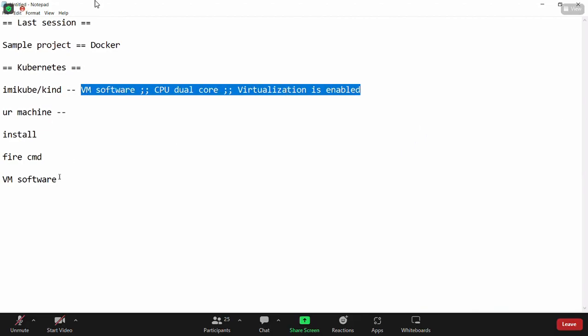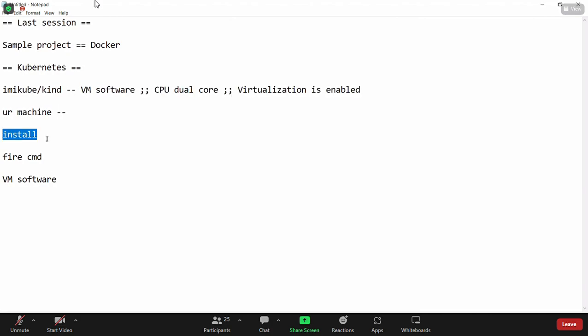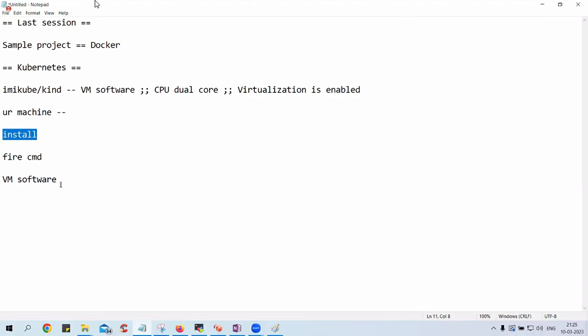If all are in place, once we install Kind or Minikube and fire a command after the installation, it will look for whatever VM software is installed on your computer. Let's say I'm using Oracle VM box, just an example. Upon that, it is going to set up a Linux image automatically, guys.